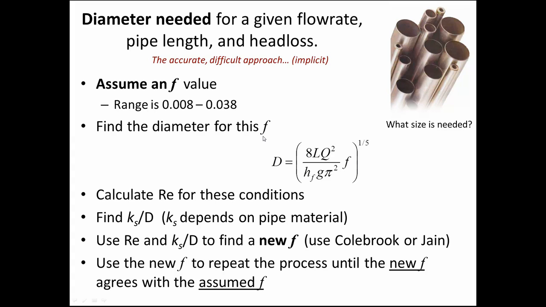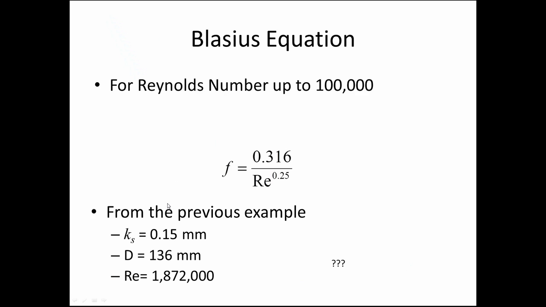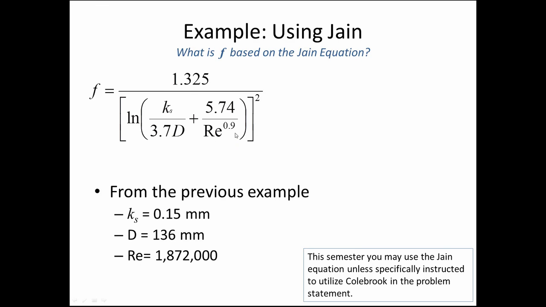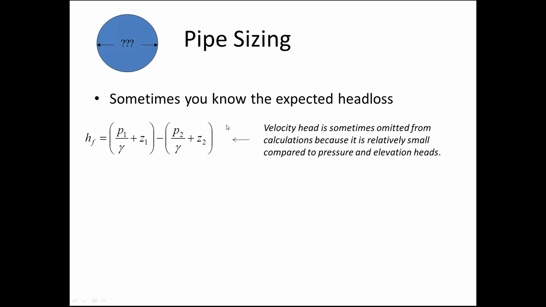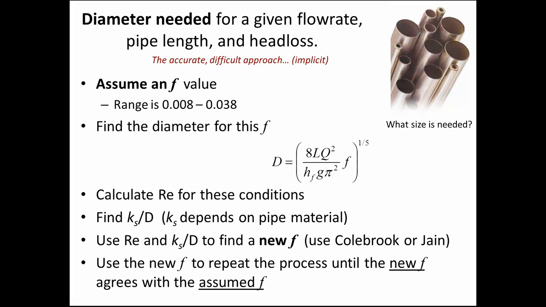So what we need to do is check and see whether the guessed f value that we selected is reasonable. Once we know D, we can find the velocity by dividing the known flow rate by the cross-sectional area. Then with the velocity, we put it into the Reynolds number equation. Once the Reynolds number is found, we can go to the Colebrook expression or the Jain equation and find what f value it really is. We guessed some f value to begin with, but now we calculate the real f value,